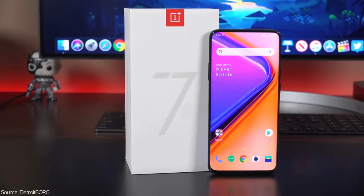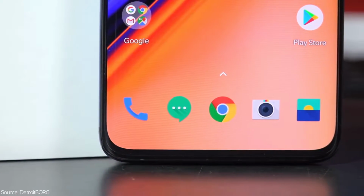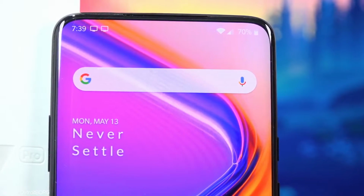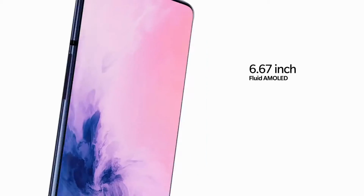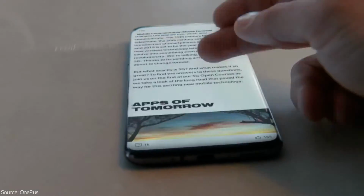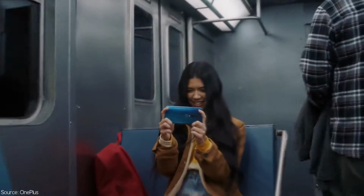So let's talk about the most attractive feature of the phone first, the display. The display is really awesome in this phone. It has got a beautiful full screen display with no notch or whatsoever. The display is 6.67 inch, Quad HD Plus, HDR10 Plus certified, and is what OnePlus calls Fluid AMOLED. What they mean by fluid here is that the display has higher refresh rate than normal smartphones' display, with 90Hz, which is 50% higher refresh rate than a typical 60Hz display, which means the whole experience would be much smoother